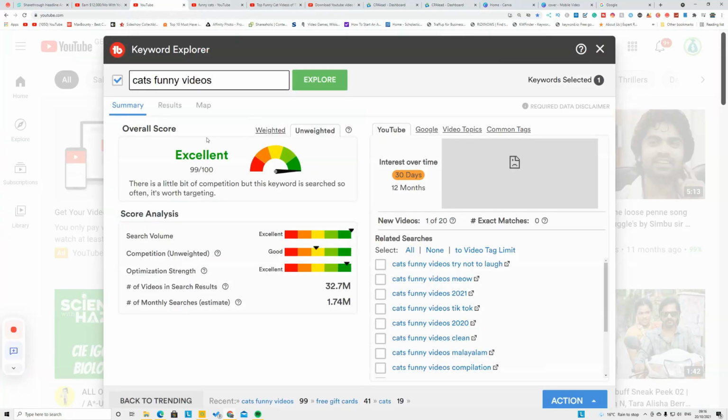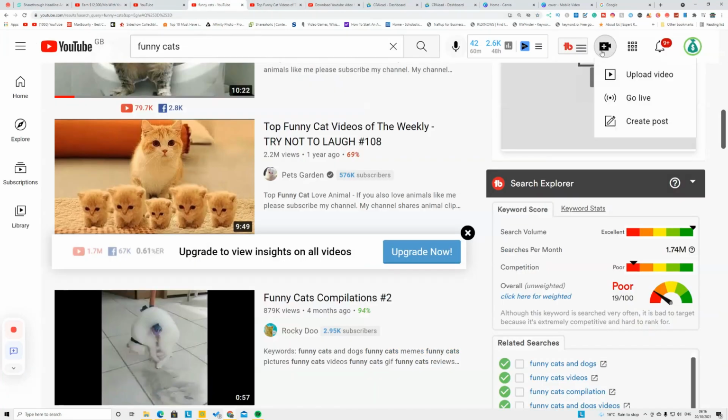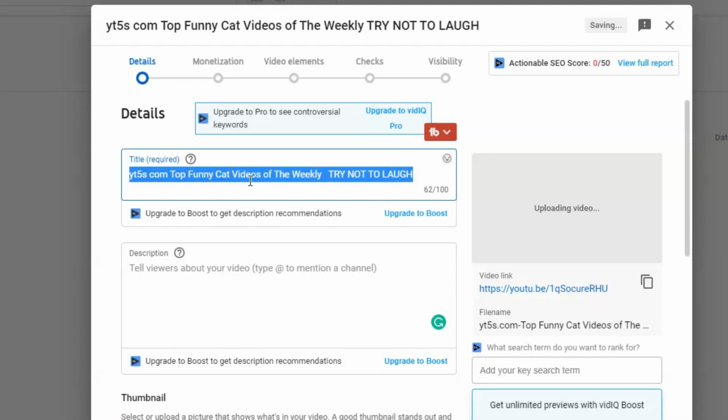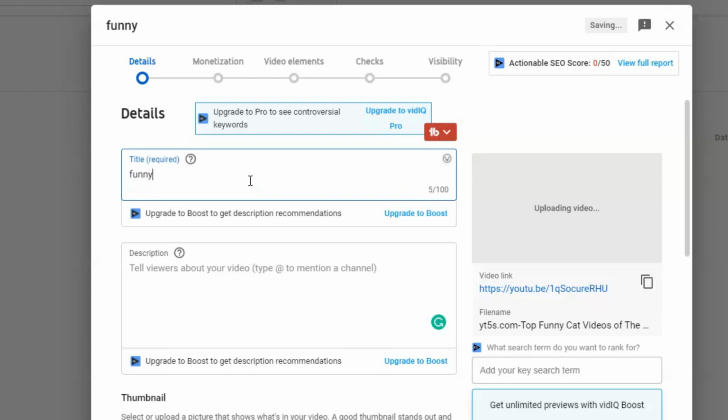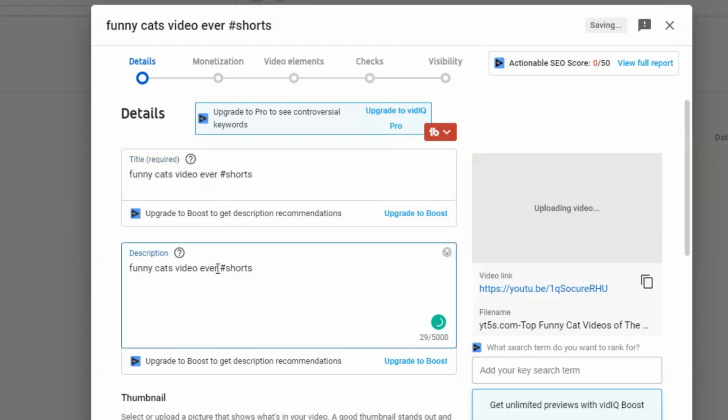So what you do now, you have the keywords and your video is ready. So you can click the upload button and upload that video that you downloaded from Canva. You're gonna put a title like funny cat video ever, something like that, and you're gonna put the hashtag shorts on that. Then you copy that and you're gonna put it in the description, and at the bottom, you're gonna